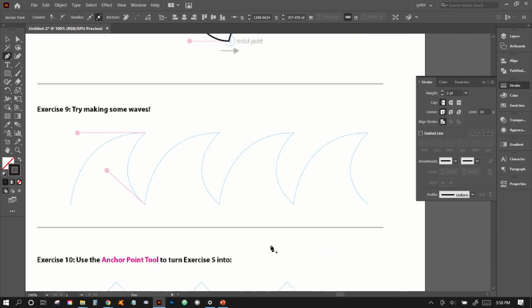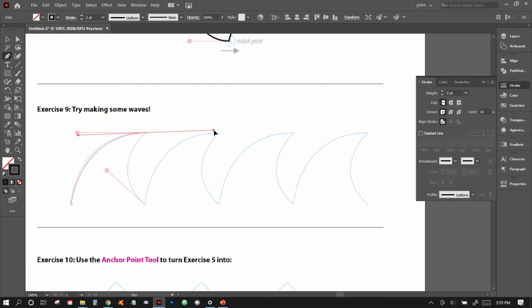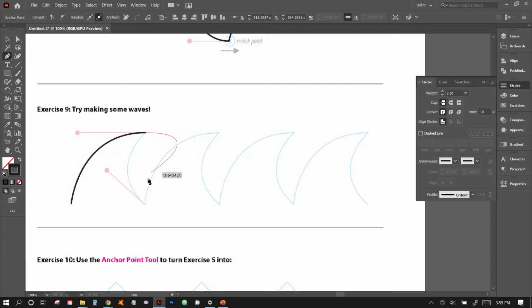All right, so now let's try making some waves. So I'm going to drop an anchor point at the very front of the path. And then I am going to go to the tip of the wave, and I'm going to click and drag an anchor point right there. And because I want it to be sharp, I'm going to re-click on the anchor point, make it sharp, and